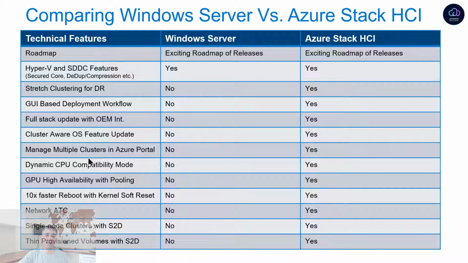GPU high availability with pooling. Now, GPU today is supported using a discrete device assignment, which is called DDA, which is also known as pass-through, which means every VM that wants to take advantage of GPU capabilities is manually assigned with the GPU card. So with the GPU pooling, which is available with Azure Stack HCI, you can actually migrate a virtual machine from one host to the other, as long as